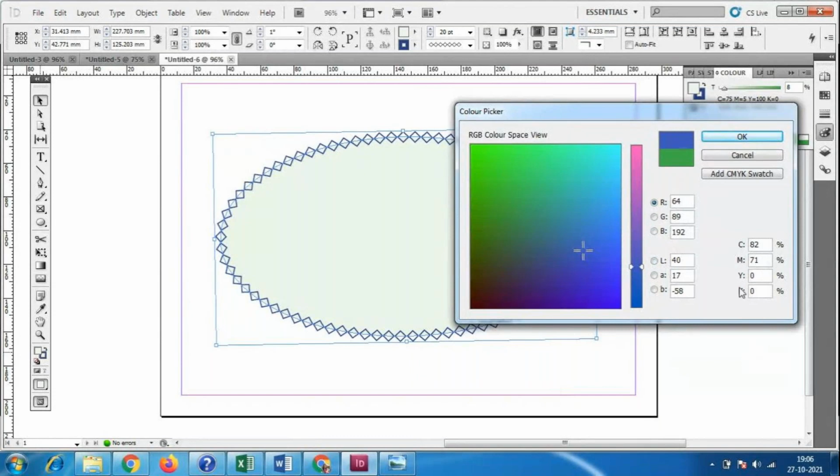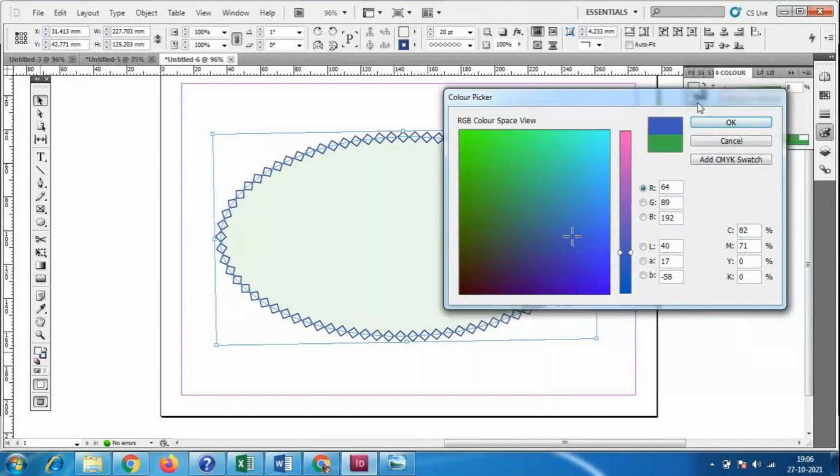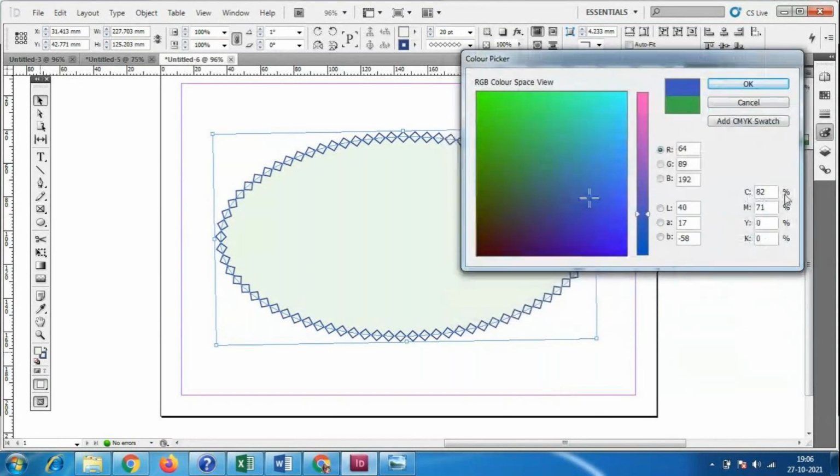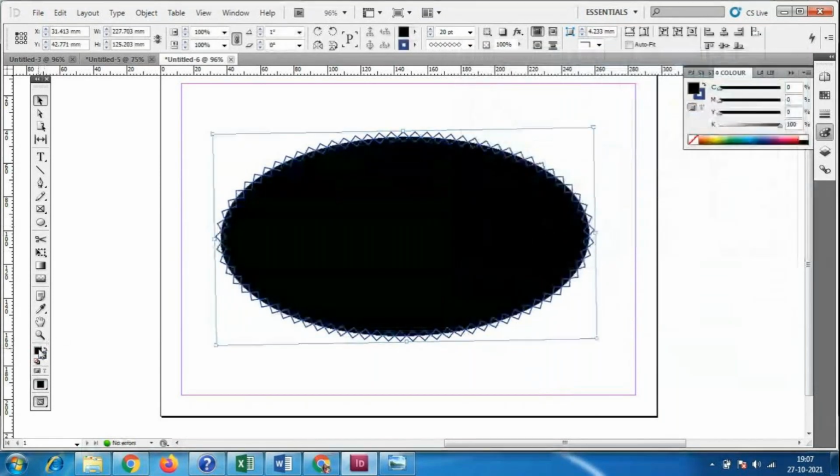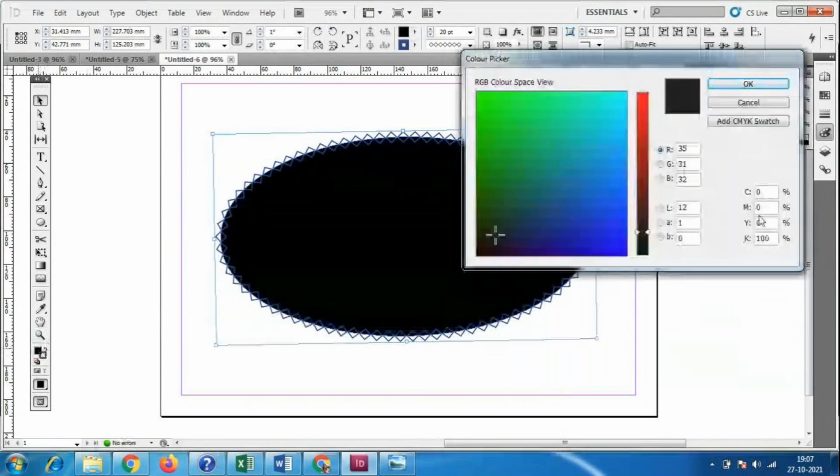So when we need 100% black, we have to use 100% black, where the other colors are zero over here. So this is the 100% black, and the other colors are all zero here. Exactly like that, customers will ask for 100% black or blue, and that time we have to use it according to that.